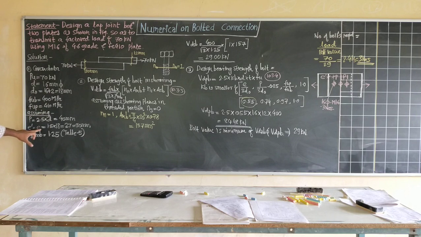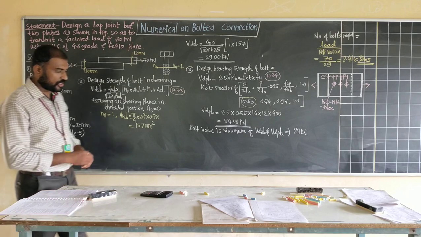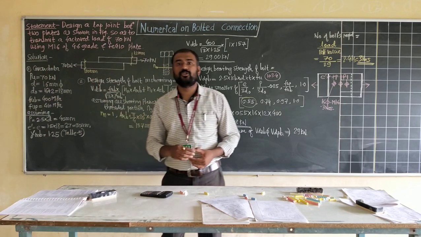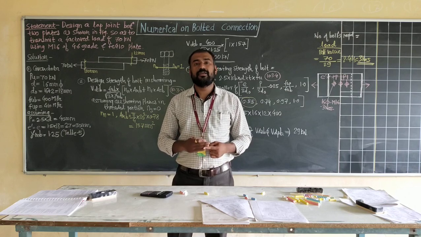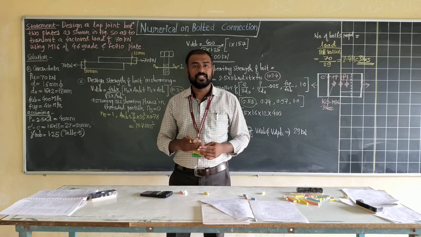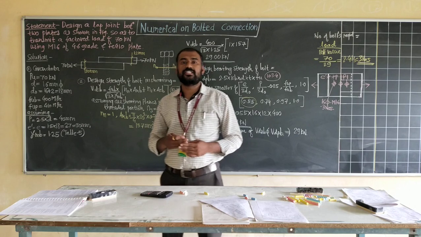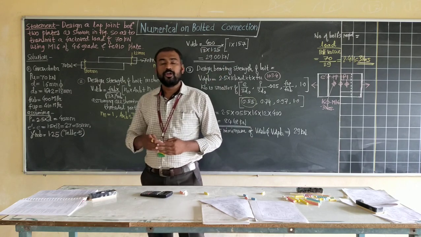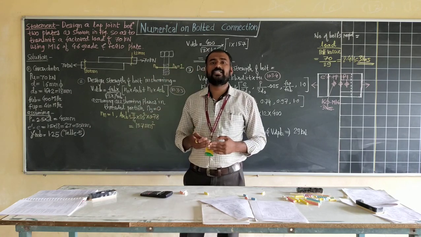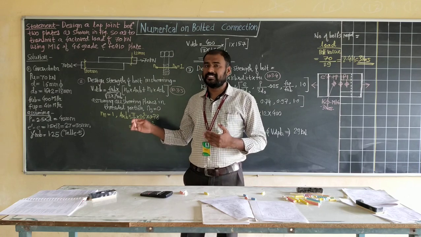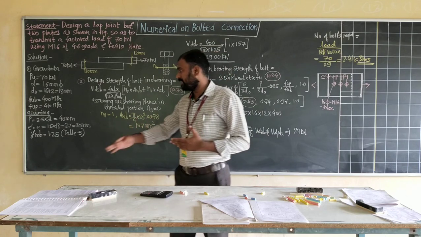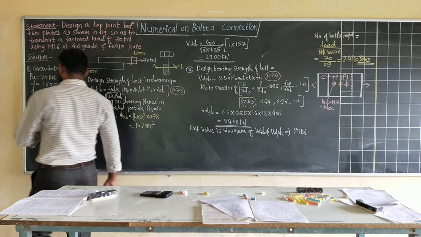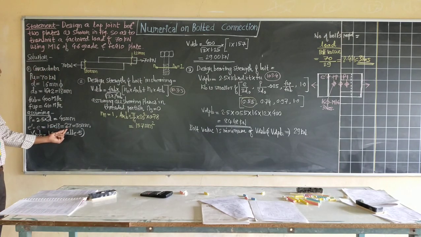Similarly, the end distance or edge distance is equal to 1.5 times the diameter of hole. Again, for edge distance or end distance, we have seen it is classified into two categories, whether it is machine flame cutting or hand flame cutting. In case of machine flame cutting, we consider 1.5 times the diameter of hole. For hand flame cutting we consider 1.7 times. Here that depends upon the designer, so we'll assume it is 1.5 times the diameter of hole, and that will be equal to 27. We'll round that value to 30 mm.